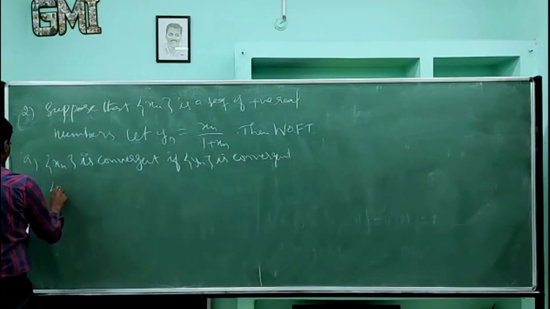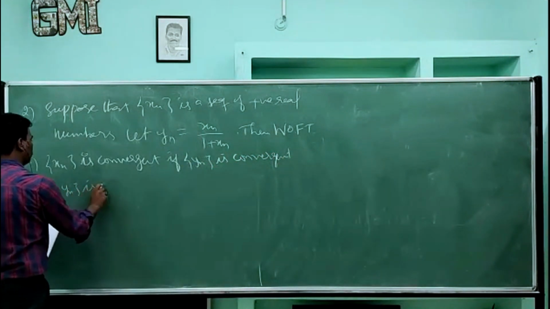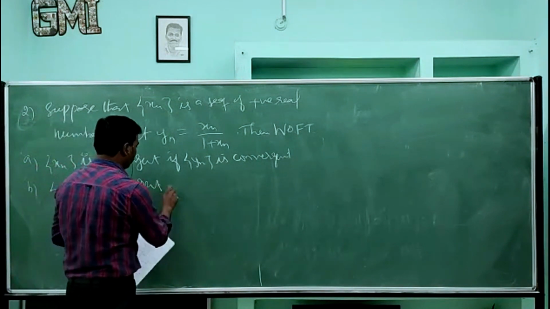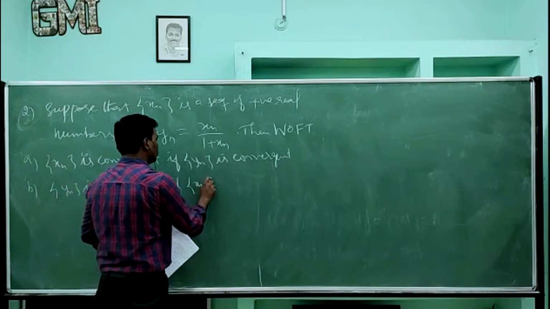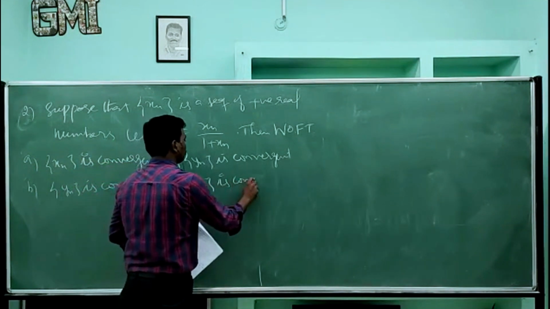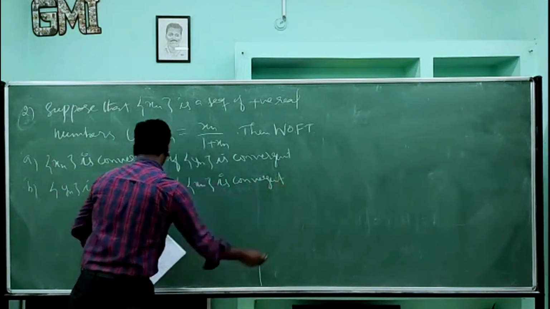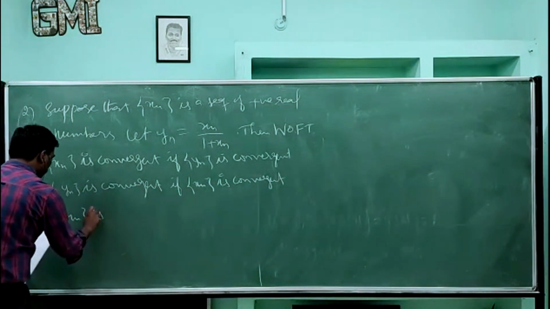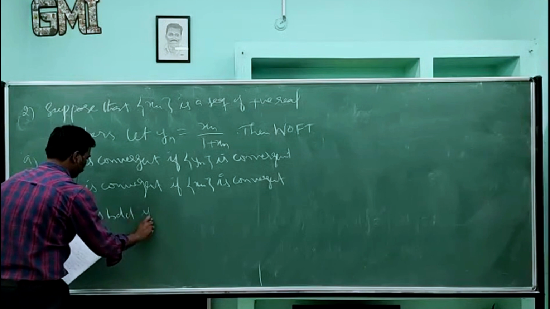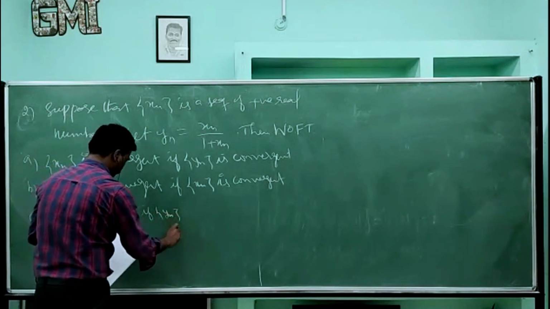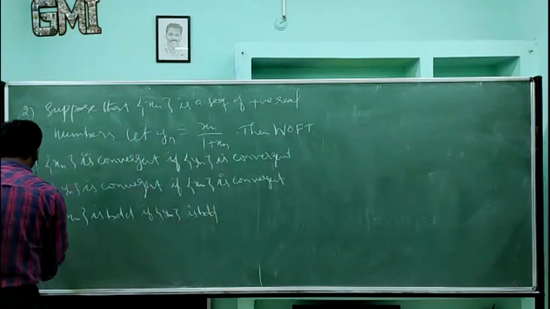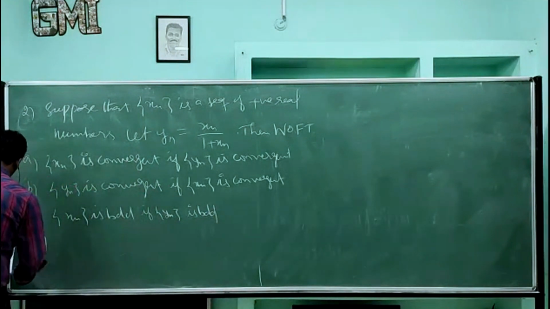Option B, yn is convergent if xn is convergent. Option C, xn is bounded if yn is bounded. Option D,